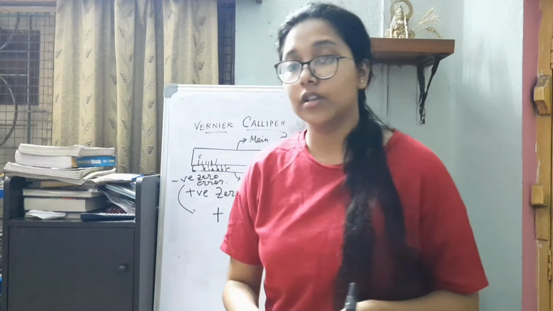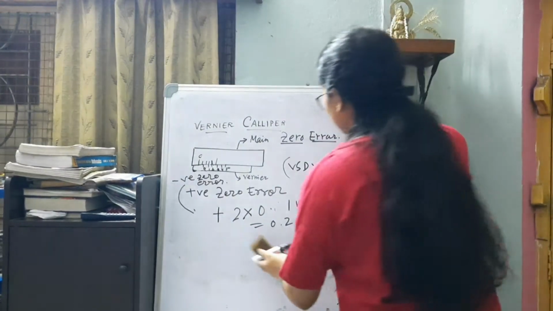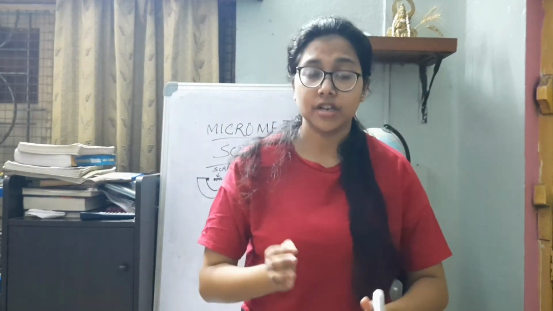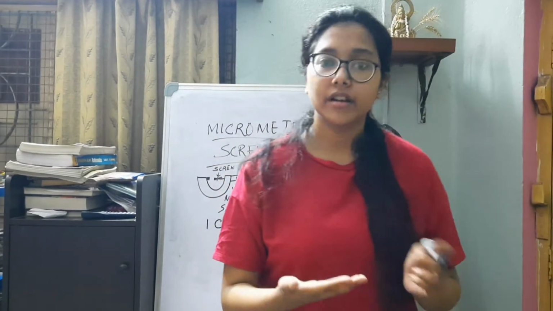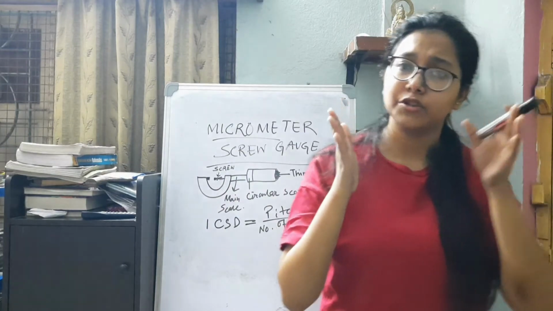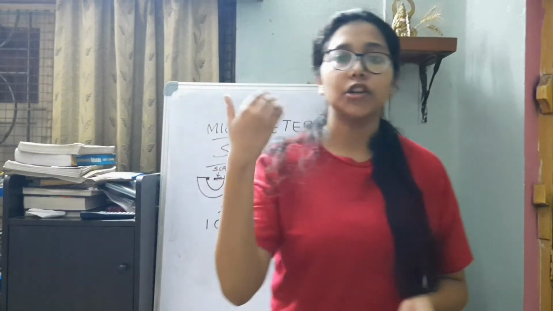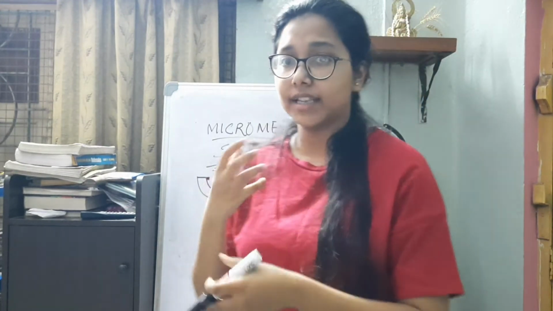Now we are moving forward to the micrometer screw gauge. Before I begin with the micrometer screw gauge, I would like to tell you all that I'll be making a next video in which I'll be discussing all the numericals of this particular chapter. Numericals based on vernier caliper, numericals based on calculations related to micrometer screw gauge, on simple pendulum, and all the other unit measurement related things will be covered in that video. Also the important questions required for your examination, so you need not worry about that. As of now, try to understand everything which is being said in detail.